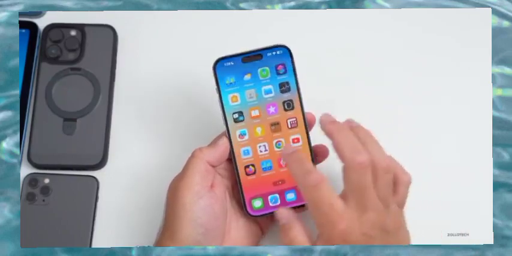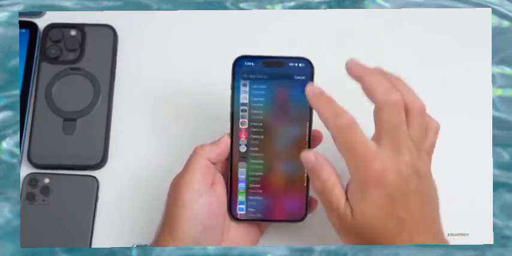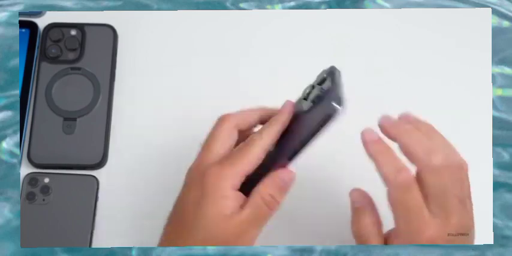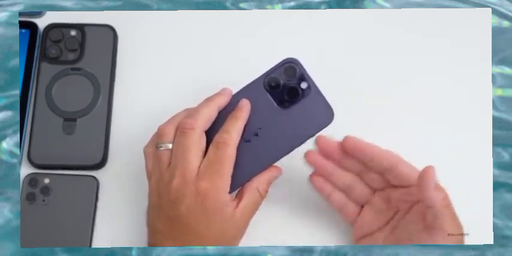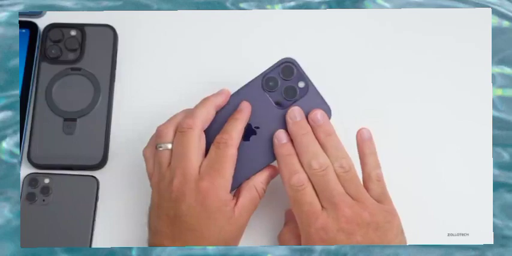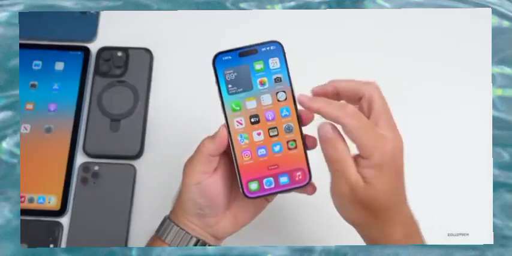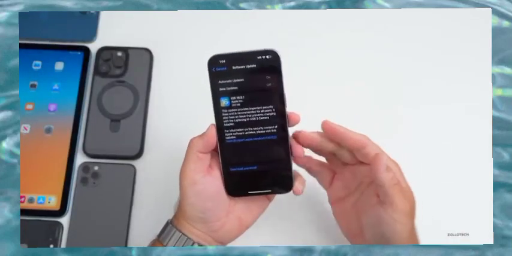As far as performance, I would not expect any difference whatsoever, but everything so far, as far as ProMotion and everything else, is smooth and fast. And as far as the overall heat of the device, it was a little warm after reboot. That's typical, as it's processing in the background, indexing, and more. So give it a couple days usually, and it will be normal. Now, as far as if you should install iOS 16.5.1, I would say absolutely for the security